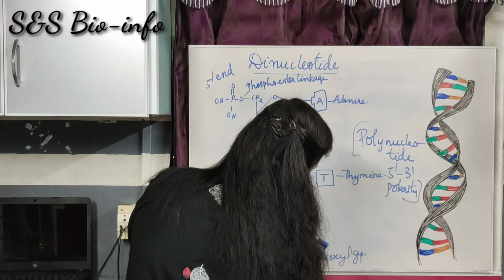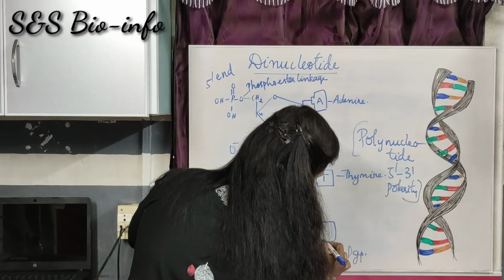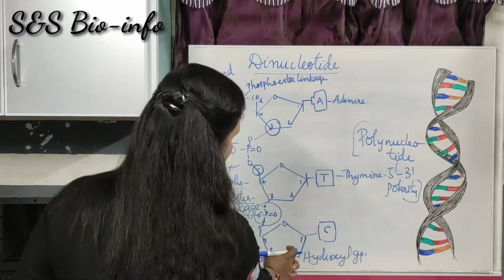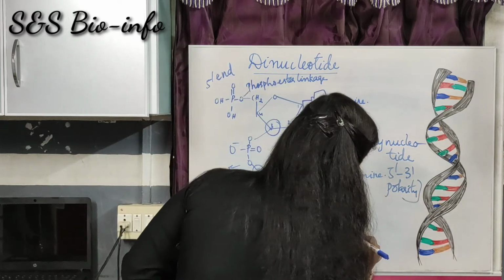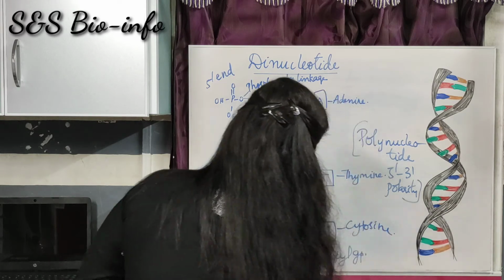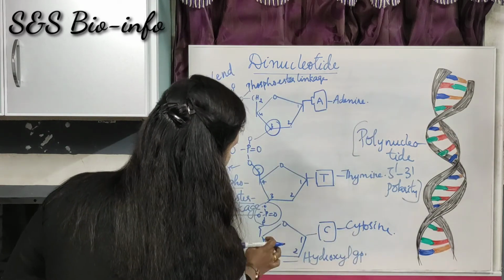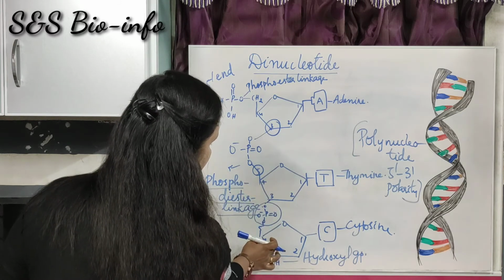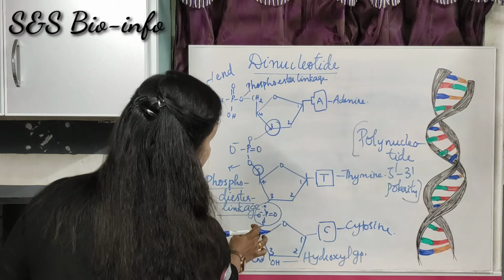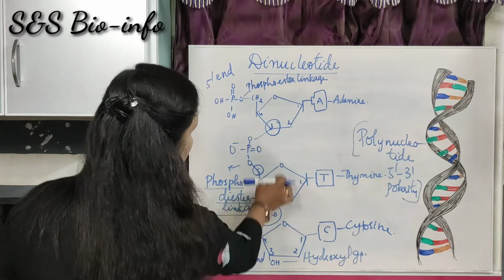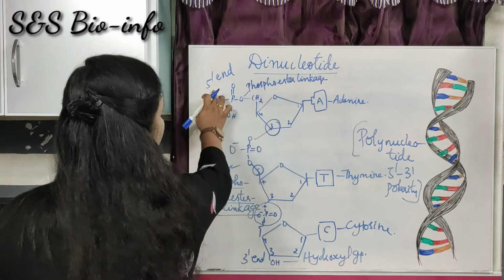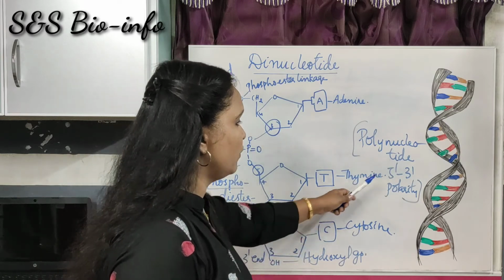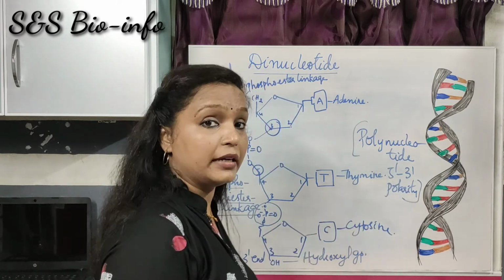Suppose one nitrogen base, cytosine, is attached to the first carbon atom of the pentose sugar. Then it forms a nucleotide. One nitrogen base, cytosine, then one ribose sugar, pentose sugar, then one phosphate group, and the second nucleotide is connected to the third by means of phosphodiester linkage. Then it forms a chain. This is a strand which has a 5' end and 3' end. This is a polynucleotide chain with a 5' to 3' polarity.